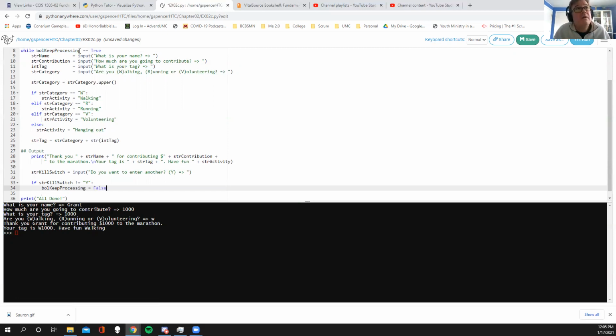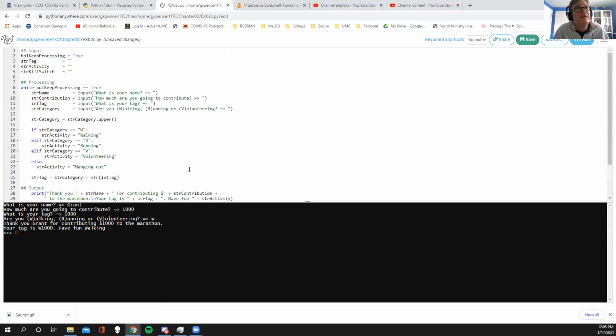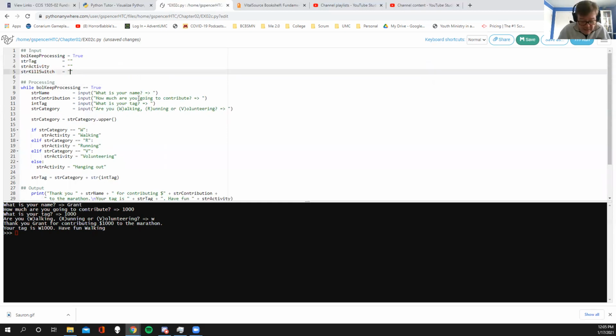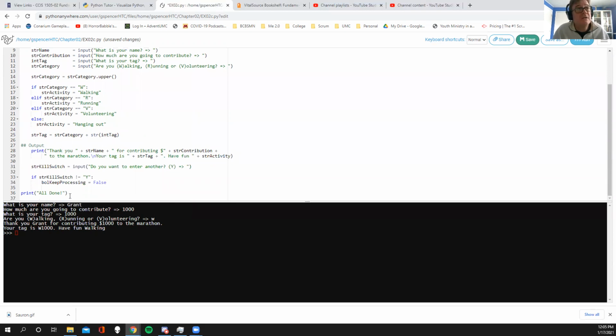So what will happen is we'll go into the loop on the assumption that we should keep processing. We'll ask all of our questions. We'll do all of our stuff, and then we will ask the kill switch. We'll basically go kill switch, are you a Y? And I tell you what, rather than setting it to nothing, I'm going to set it to no. So we're going to go on the assumption that this thing will only do it once. But they're given a chance to ask, and if they say yes, then great. If they don't say yes, and that basically means not equals, right? There you're seeing a couple of comparison operators. That's an equals, that's its not equals. So I'm going to run it,